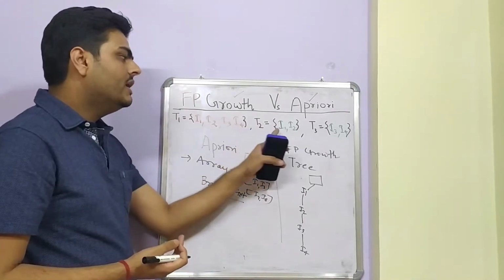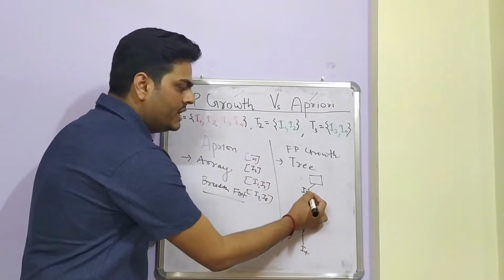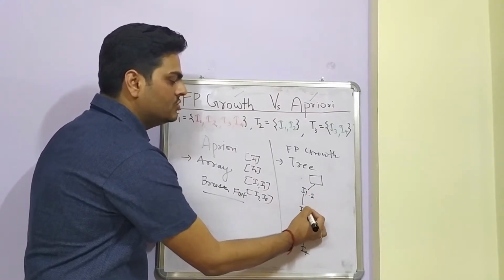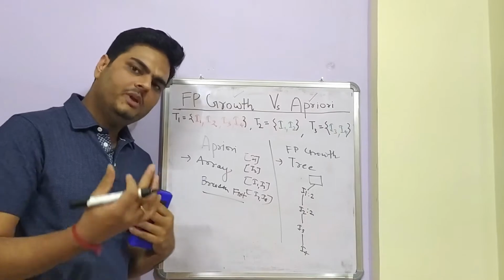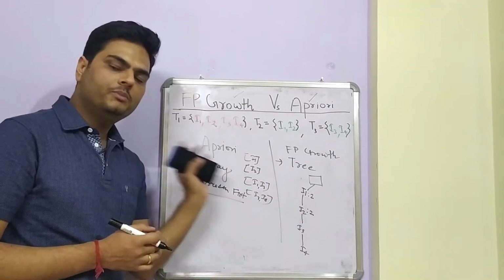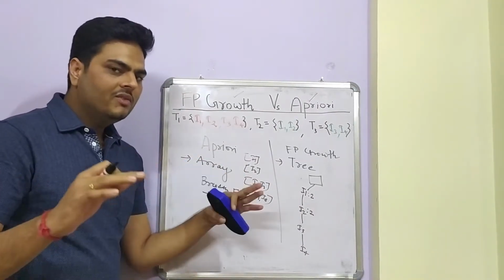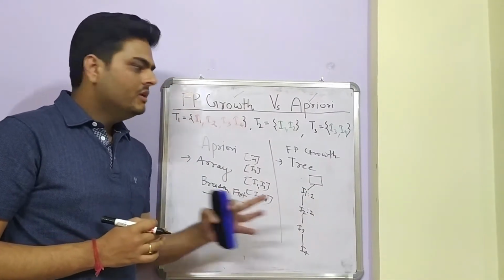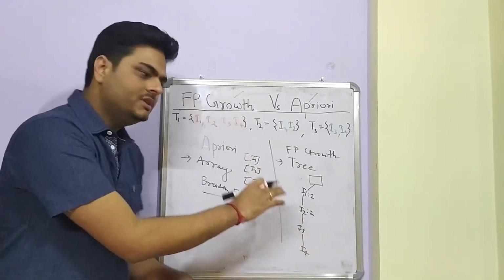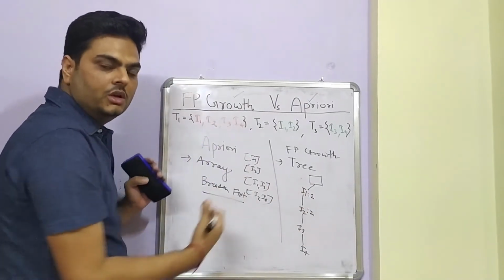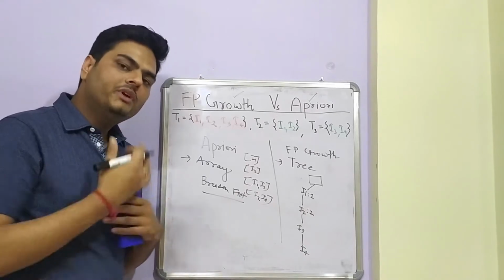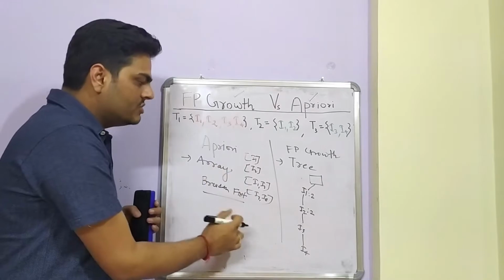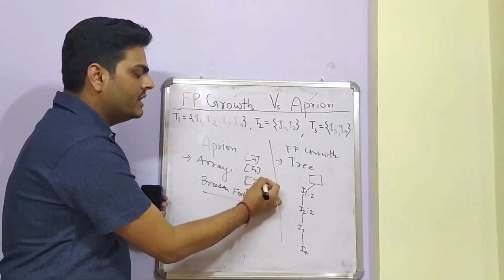For the other transaction, I1 points to I2. So I1 points to I2; first the score was 1, now the score will be 2. I can explain to you in a separate video how these scores are computed, but at a high level, this is how the tree is created. So this is a depth first approach and this is a breadth first approach. Now tomorrow, how the frequent patterns will come out from this is, in array index 1, let us say the key is I1, I2.